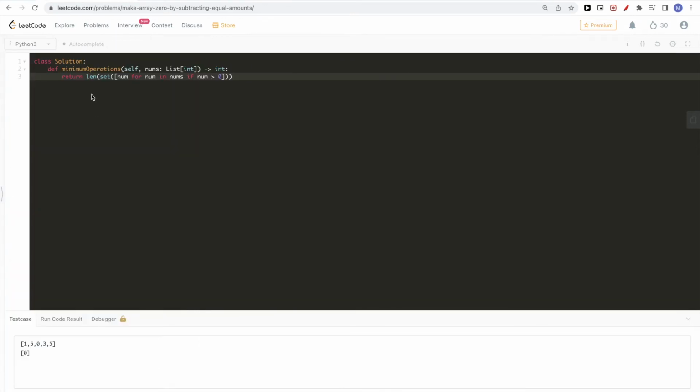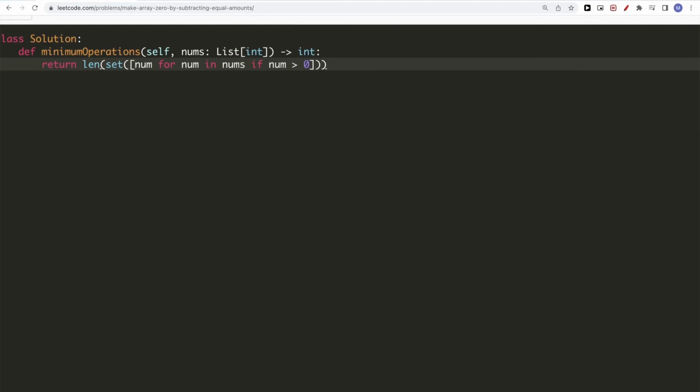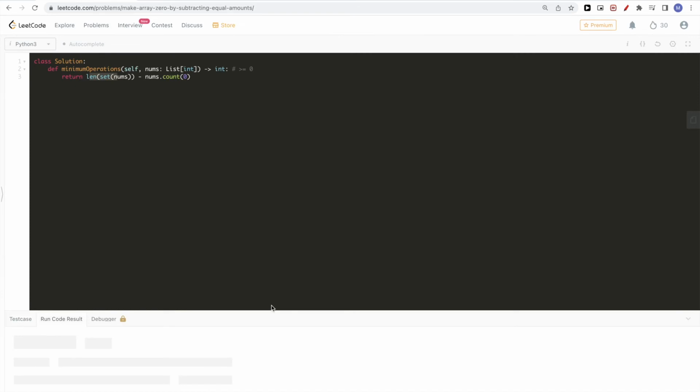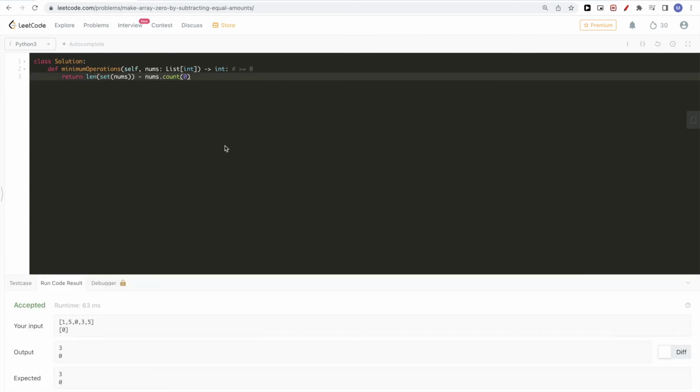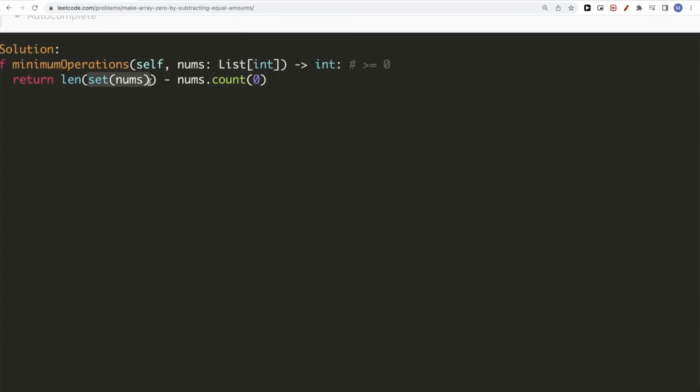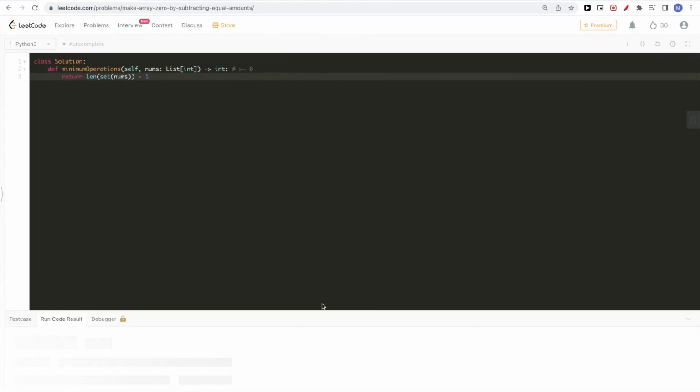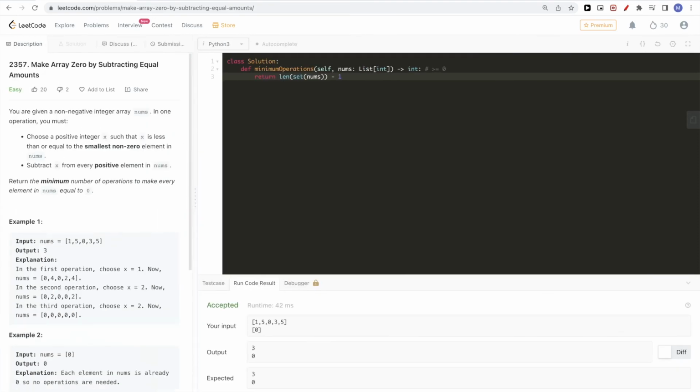Now, we could also do it slightly differently here. Since we want the number of positive elements, and the list contains only numbers bigger or equal to 0, we can just take the length of the set of numbers minus the number of zeros. Actually, we don't need to remove the number of zeros, because it's a set: if there are multiple zeros, we'll have just one. So we'll just need to subtract 1. And if we submit this,